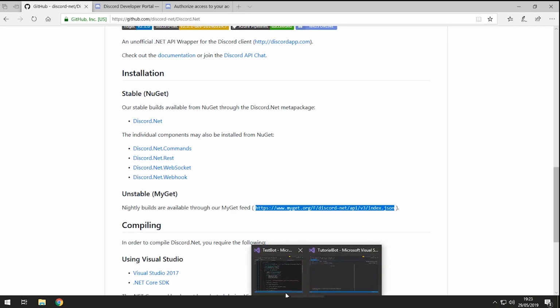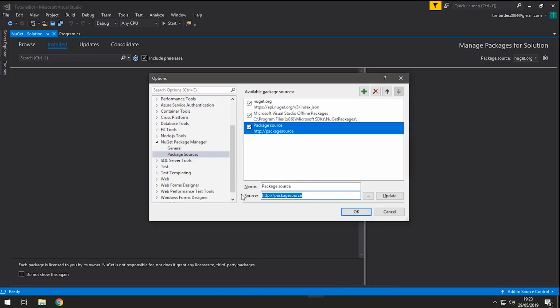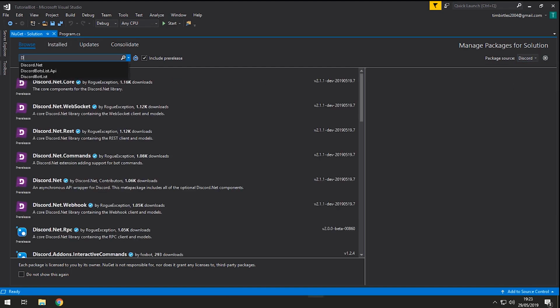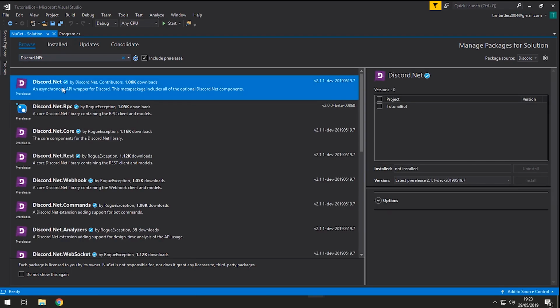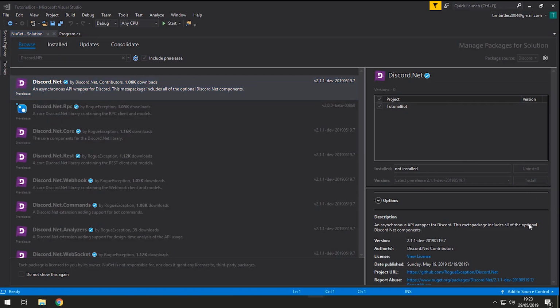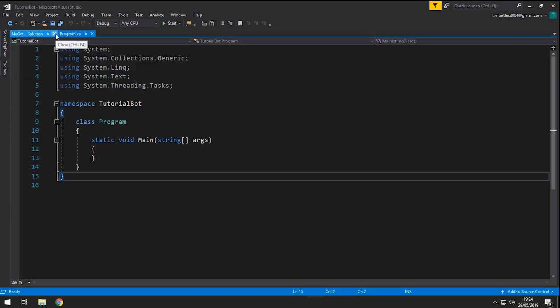And you can go back to Visual Studio, and paste it in the source, and then in the name you can just put Discord and click OK, and then where it says package source, just select Discord, click on browse and search discord.net, and you can select this one, click the solution and press install. So what this is doing is installing the Discord.net package so that we can code a bot for Discord.net. Once it's installed, you want to head back over to program.cs,